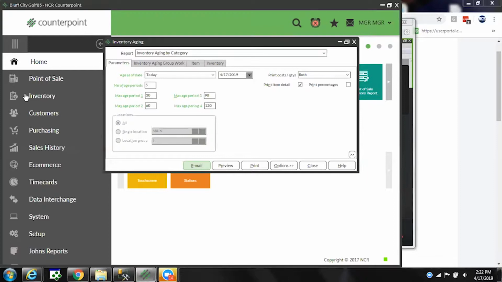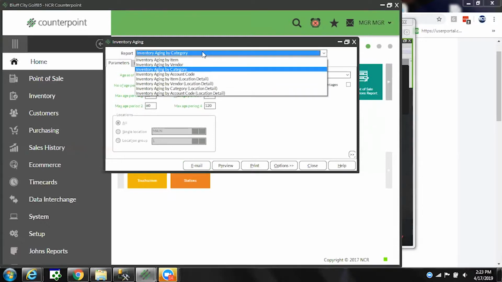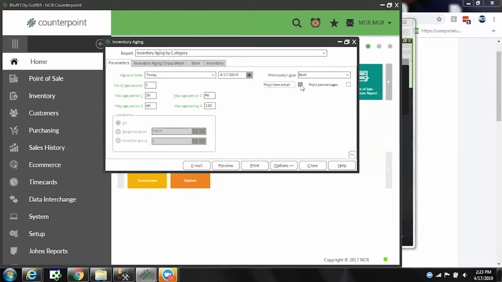With the inventory aging report, basically it's like a valuation report, but with 5 different valuation numbers. So if I age my inventory as of today, that means I'm going to get an April 17th inventory, and a March 17th inventory, and a February 17th inventory, going back 5 periods. And we can run this either with item detail, or just as a category summary, or just as a vendor summary. So if I don't want to include my item detail, but I want a quick snapshot of how the store is doing in terms of turning the inventory over,